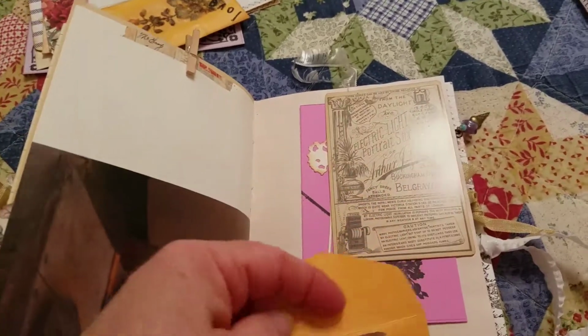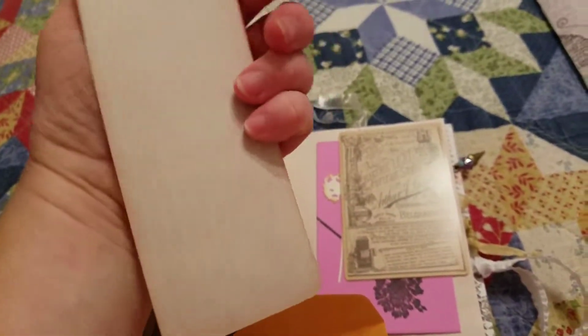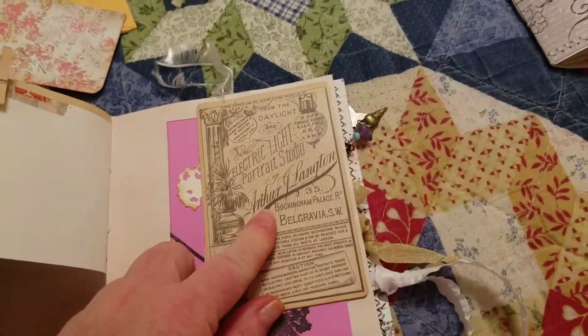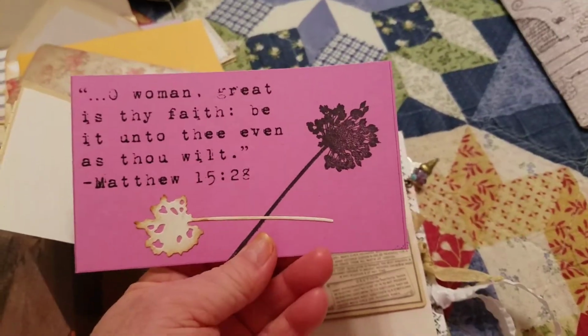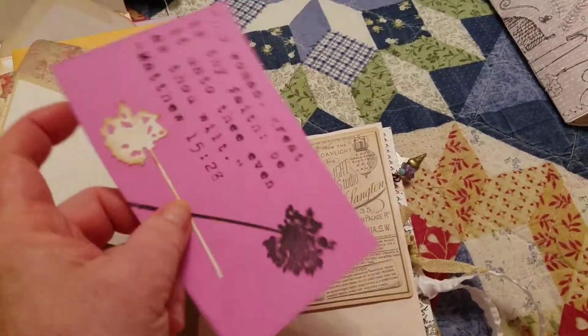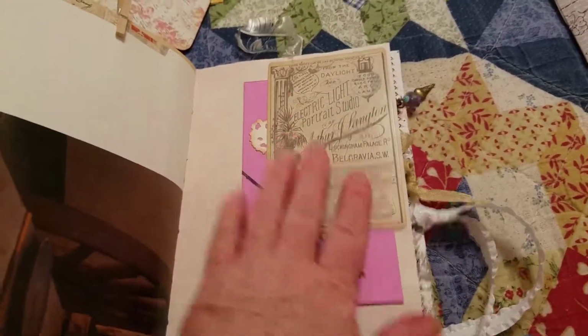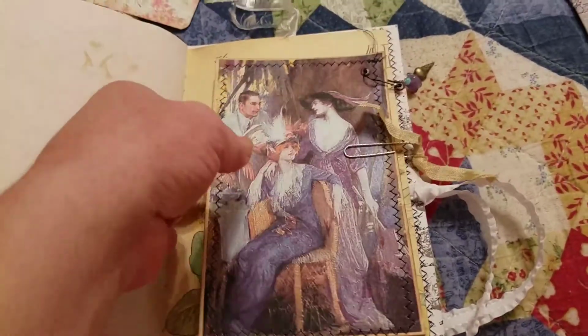And on the inside, we have a tag. Journal card, whatever you want to call it. Tim Holtz, using it as a tuck spot for this scripture card. With Tim Holtz die cut and stamp. And she can tuck a lot more up under there if she desires. Another